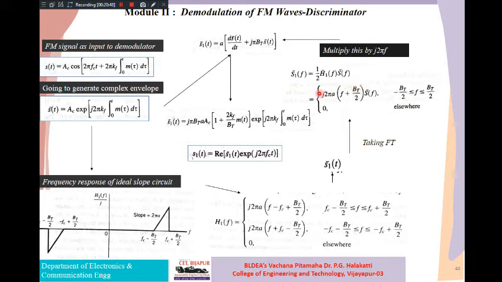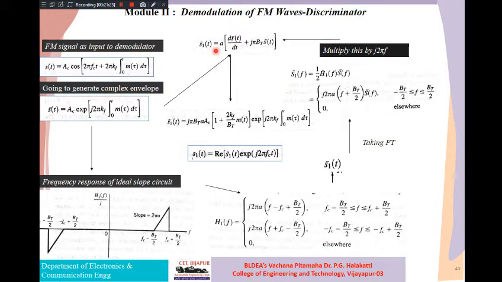So in order to convert this back to the time domain, we apply the inverse Fourier transform, or simply we multiply this by e to the power of j2 pi ft and take the integration, the inverse Fourier transform. The purpose of writing this is to convert this frequency domain S1'(f) back to S1'(t). There are no intermediate steps, guys. You try to remember this and how to explain these things.